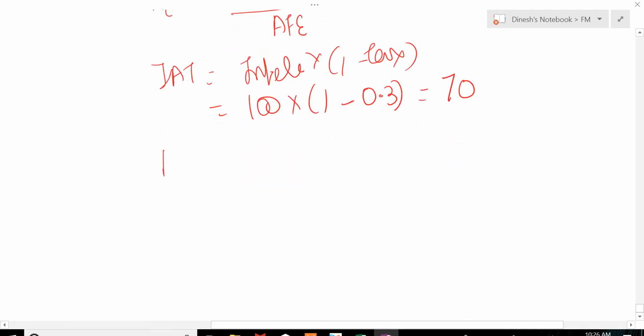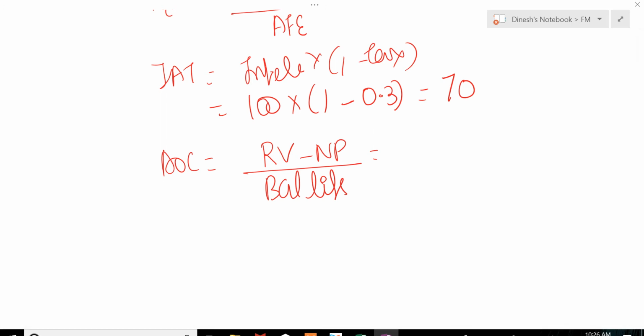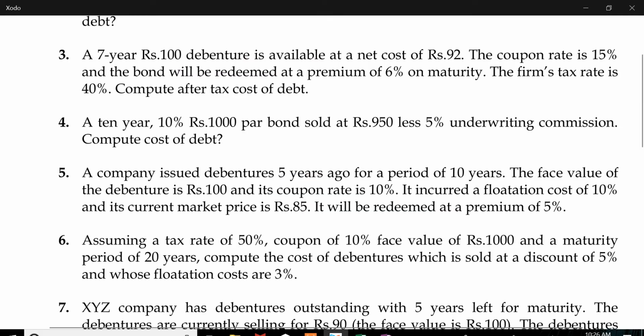Next, average other cost, redemption value minus net proceeds by balance life. What will be the redemption value? 1000. Net proceeds? 90. Any other answer? That 5% underwriting commission which you see, it can be taken as a percentage of